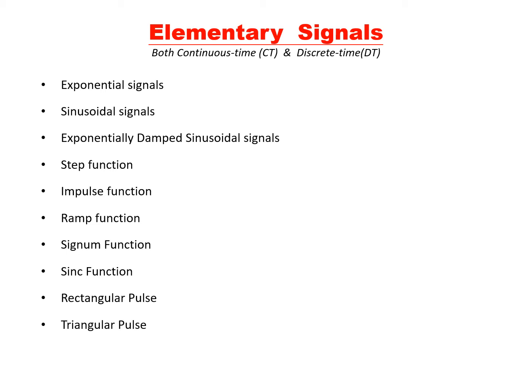See, I am using the word signal and function interchangeably. Of course, that is how they are used. When I say function, the emphasis is more on mathematical representation. When I say signal, the emphasis is more towards the graphical representation. But both ways we can represent a signal. Mathematically, a signal is a function. Graphically, a function is a signal. Something like that I can say. So at least for this subject, we will take signal and function interchangeably. Both will have the same meaning. To start with, exponential signal or function.